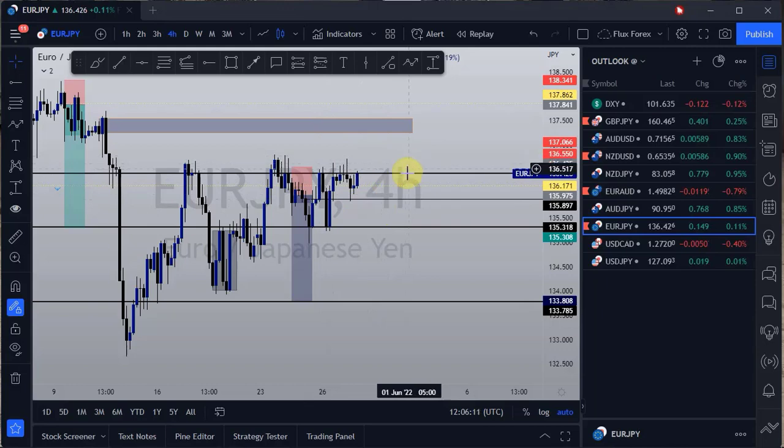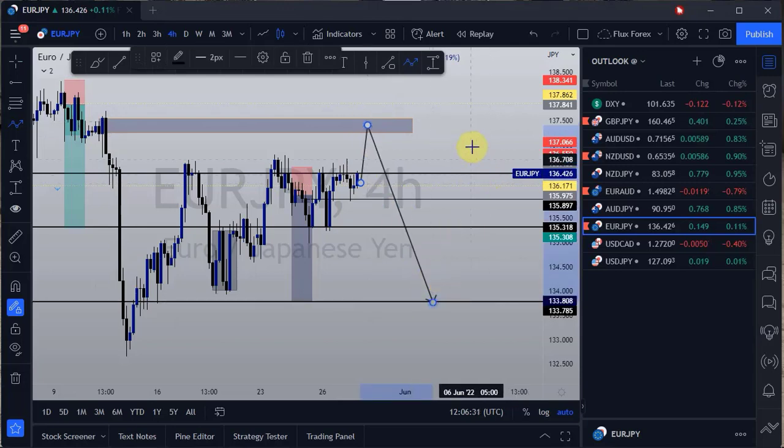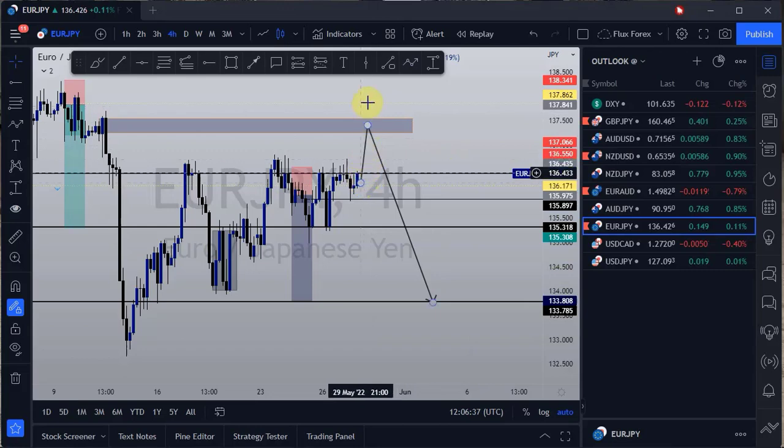one thing I realized was that I didn't see this other block you are seeing here. So definitely that is going to be my point of interest. If this high is broken, I want to see price respect this other block before we see a push to the downside. All right, yeah, so that is that for EURGBP, because look at the impulsive move to the downside, and look at the number of candles